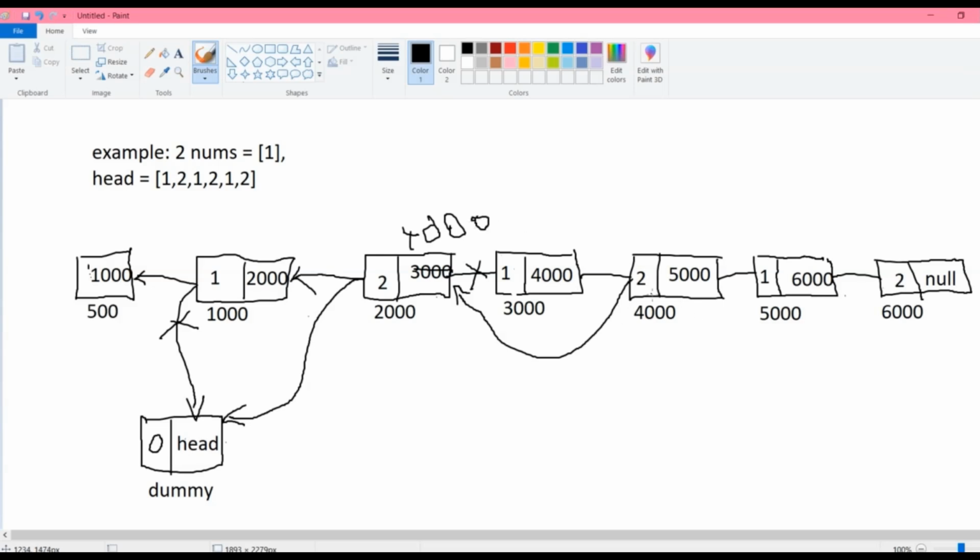We'll check the same condition here, whether 2 is present in our set data structure or not. If it is not present, then we'll move to the next node. The next node is contained in our set data structure, so we'll remove this node and store the next node address in this node, this 6000, and finally we'll return